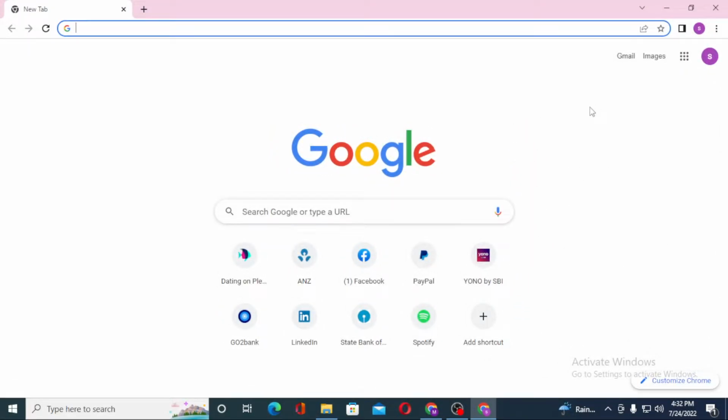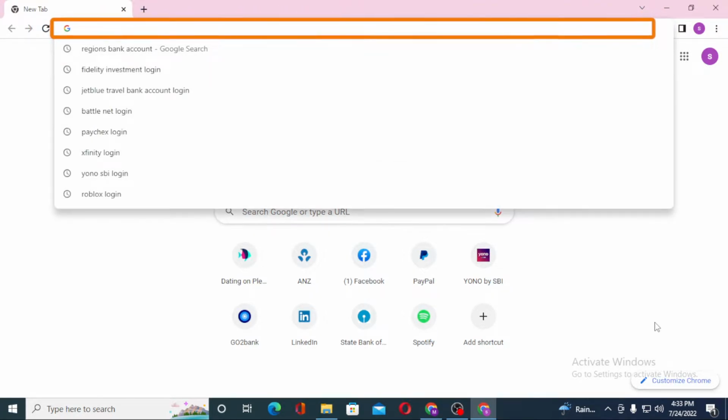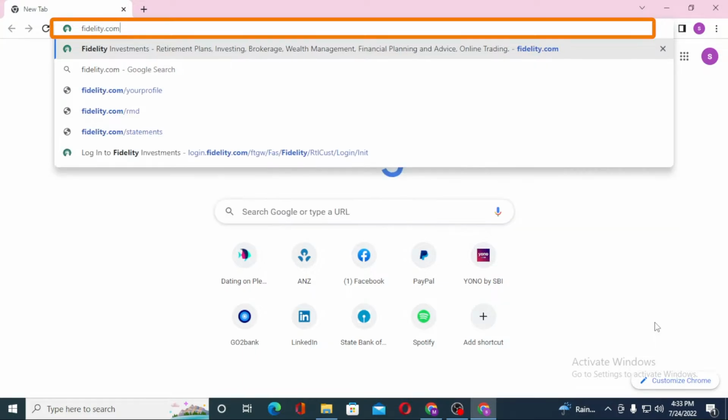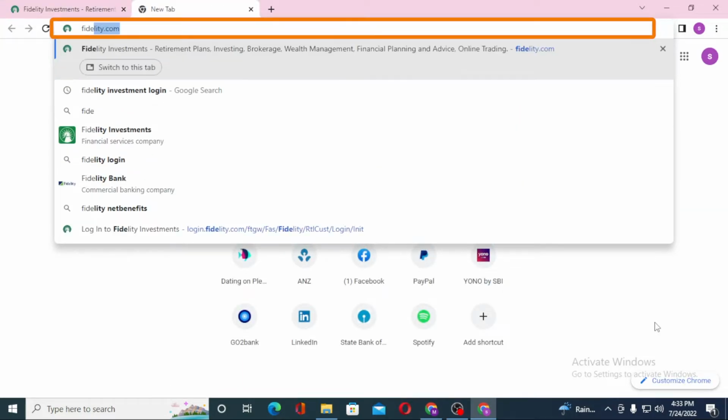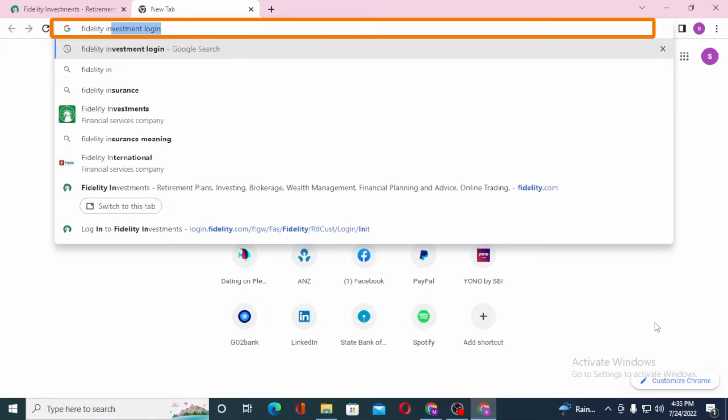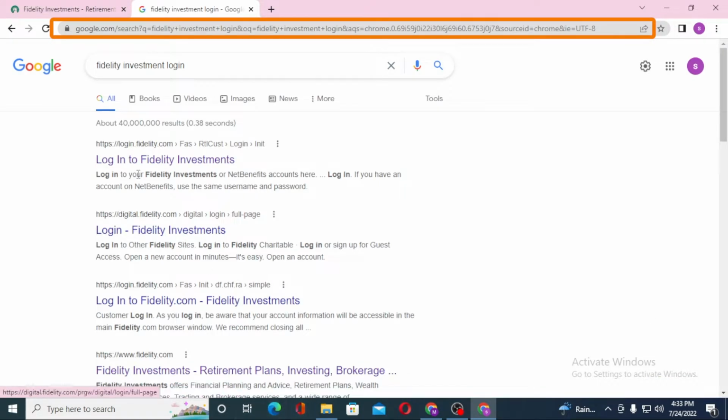Now to log into your Fidelity investment account from your computer, first open up your preferred browser, as I have already opened Google Chrome, and in the search bar click over there and type in fidelity.com like this and hit enter, or you can just simply search for Fidelity login like this and hit enter. And you can see the login.fidelity.com over here. Click over there